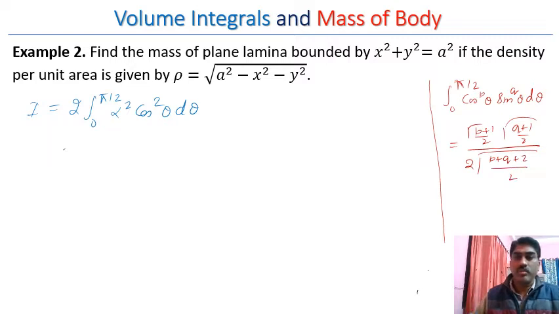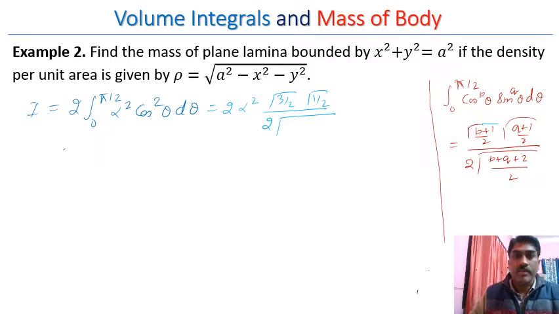So we will use this formula here. So we get 2 alpha square gamma of (2 plus 1) by 2, that is 3 by 2, p plus 1 by 2, remember this, and sine is not here, so sine to the power 0, so gamma 1 by 2, then